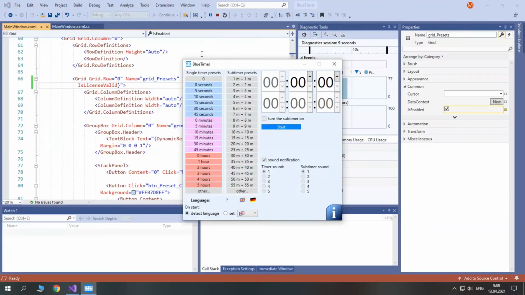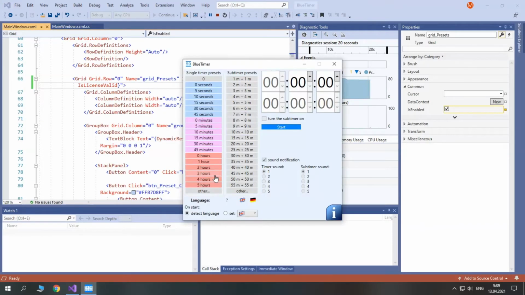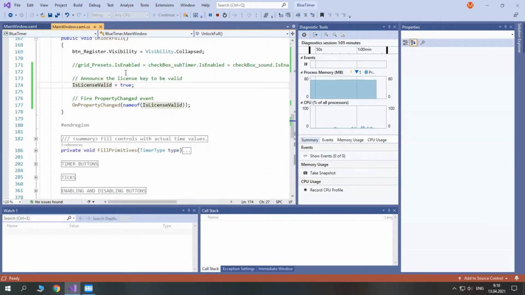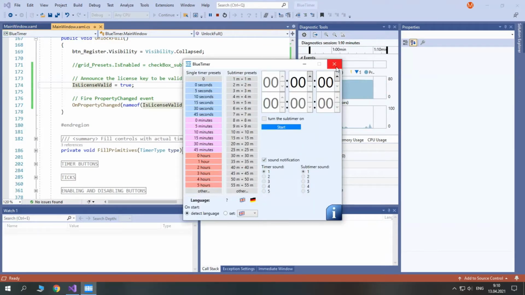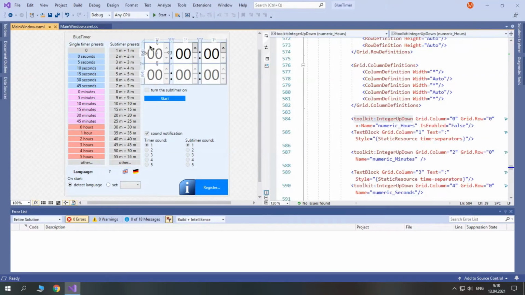We can check it, and here you see that we bind to the IsLicenseValid property, which is true because we have a valid license key, but we still have to change the IsEnabled property for these controls because right now they are just set to false, and because we commented this line they are not set to true. So we'll change it right now. So I think here, yeah.